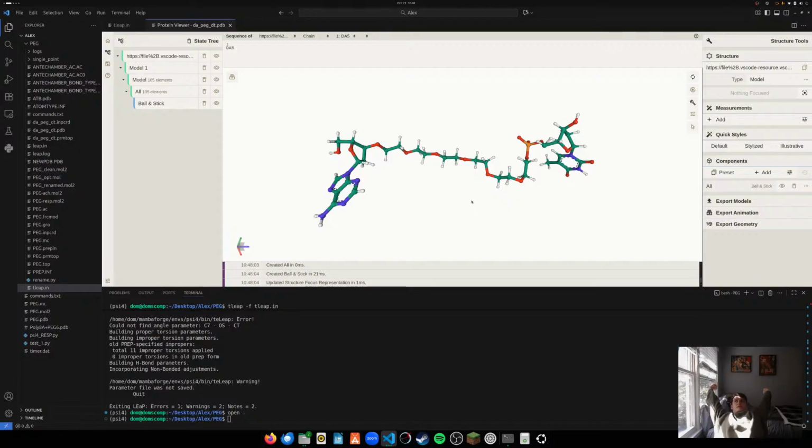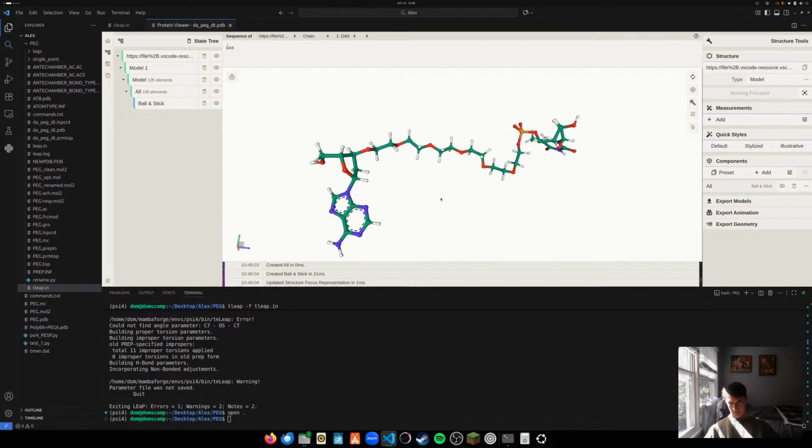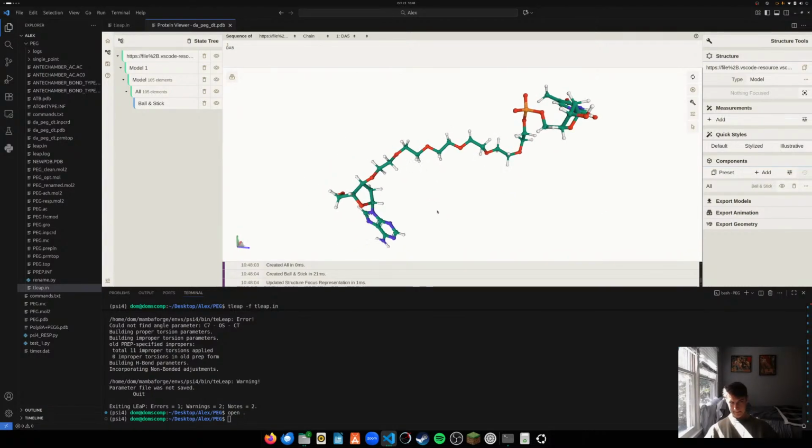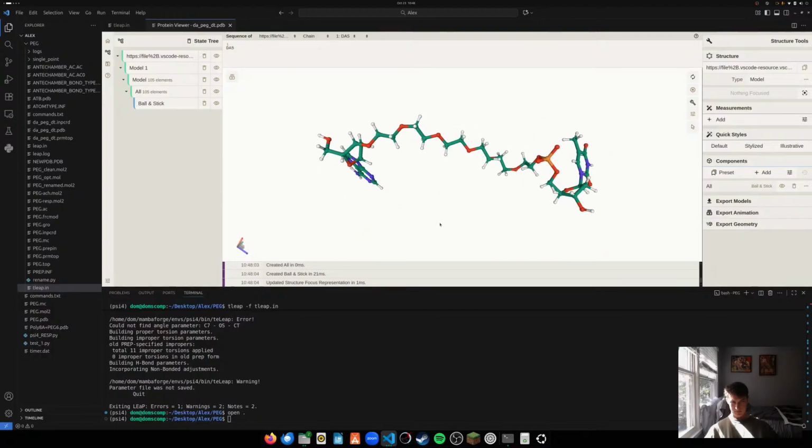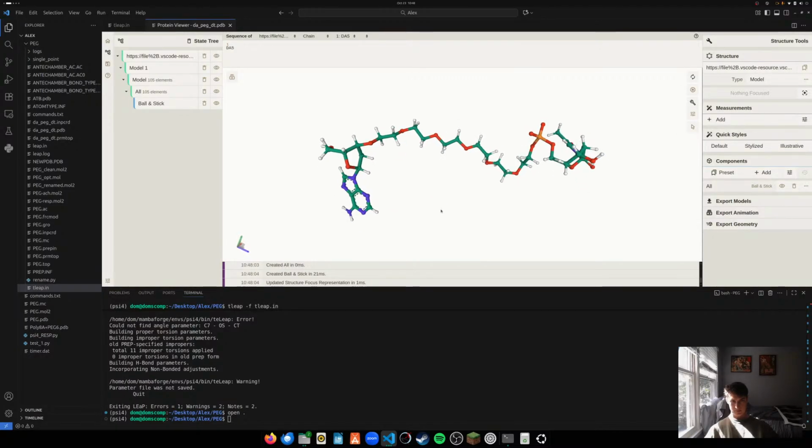But this is good because at least now we know how to do custom things, you know. And maybe in the future we can get into restrained charge fitting, but